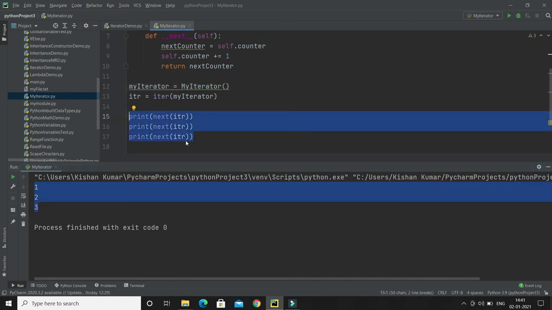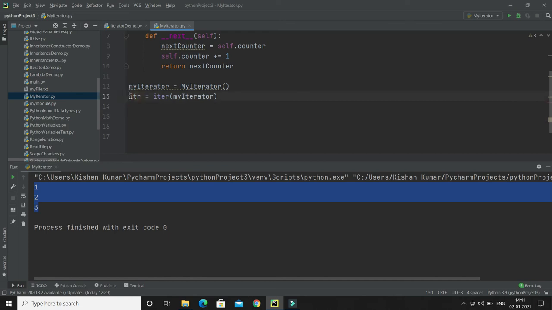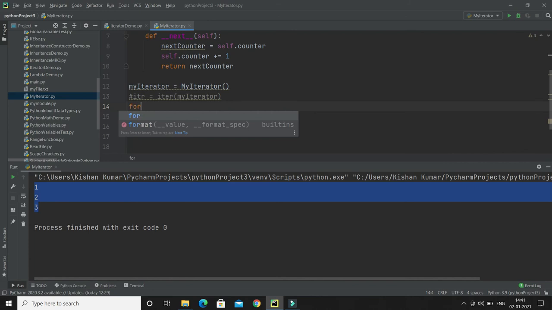But as I said, rather than calling the iter and next methods explicitly, we may use a for loop which will call the iter and next methods internally, right? So I'm going to comment this code, and here I will use a for loop.